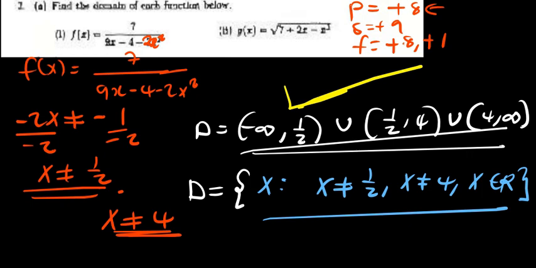So here in between you can put and. You say x should not be equal to half and x should not be equal to 4, but x should be a member of all real numbers. You choose which one to go with. That's how we find the domain of a rational function. Okay,